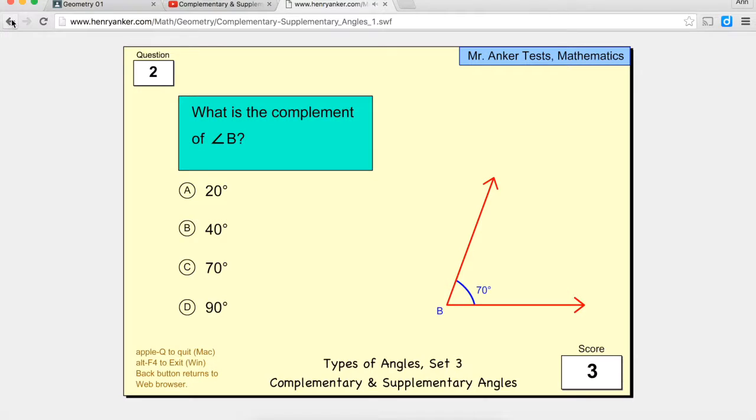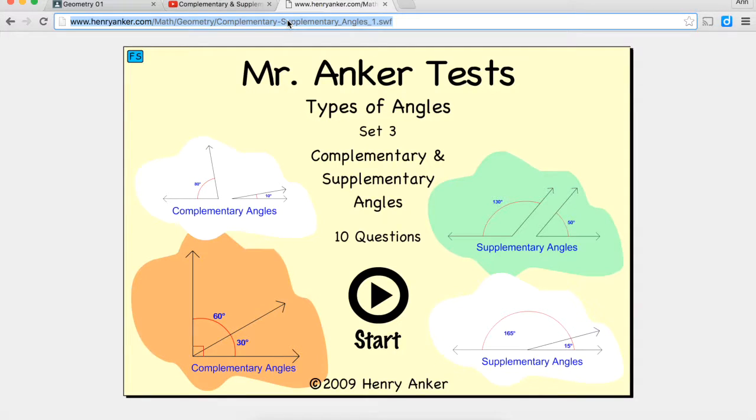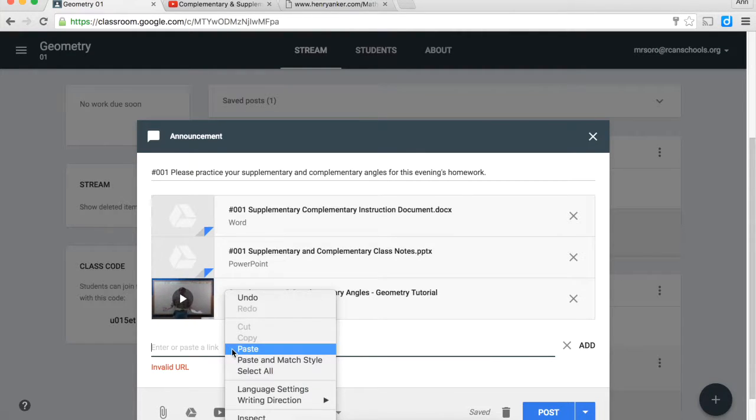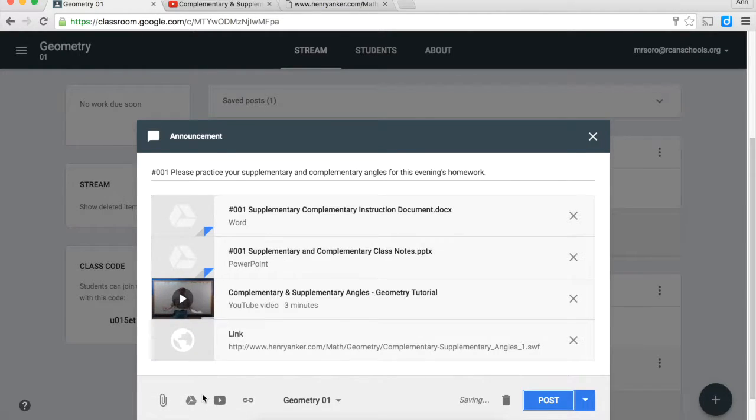So I will go back and restart that page, highlight the website address, right-click and copy, go back to Google Classroom, right-click and paste, add that, and finally I may want them to have a copy